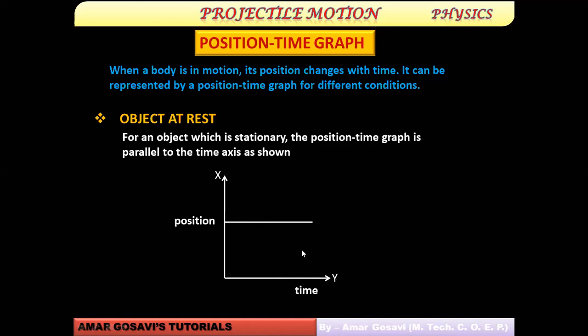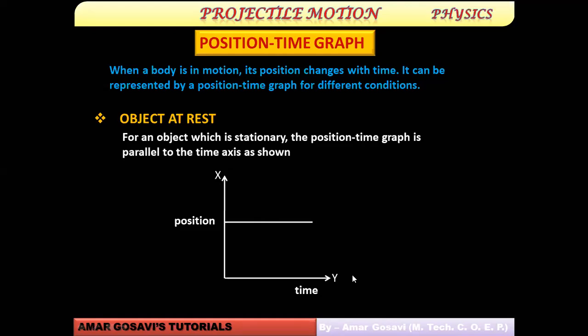The independent quantity is always plotted on x-axis and the dependent quantity is always plotted on y-axis. So just interchange this. This is y and this is x, and time is independent of position, so it goes on x-axis, but position depends on time, therefore it is plotted on y-axis. You have to make that correction. Here it should be y and here it should be x. But then having said that, we are discussing the first case, object at rest. So how would the graph look like?